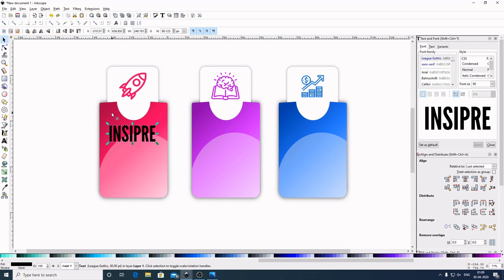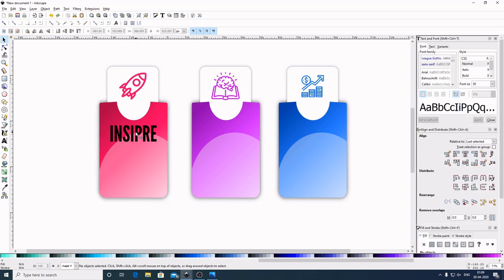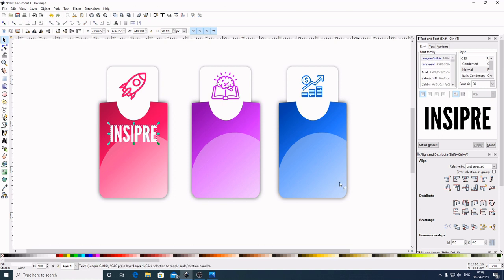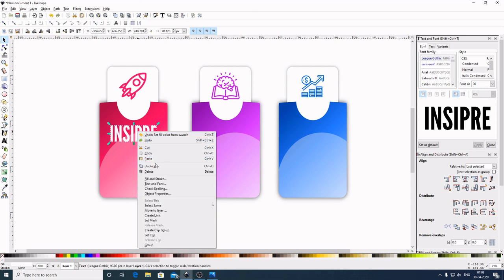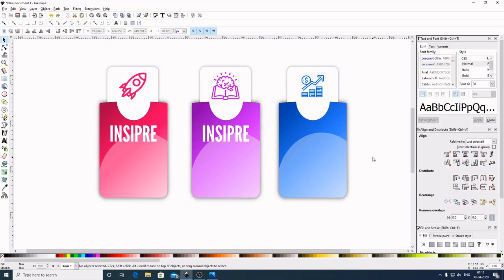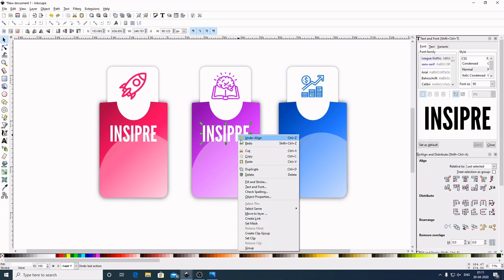Now by holding Shift in the keyboard, select this graphic. Now come here to the align and distribute, center on vertical axis. Now select out of the graphic to deselect. Now I will select this fire. Now come here to the color palette and change the color to white. Now make a duplicate of this, right click, duplicate. Now by holding Control in the keyboard, bring this in. Now let go of the Control, hold Shift in the keyboard and select this graphic, center on vertical axis.